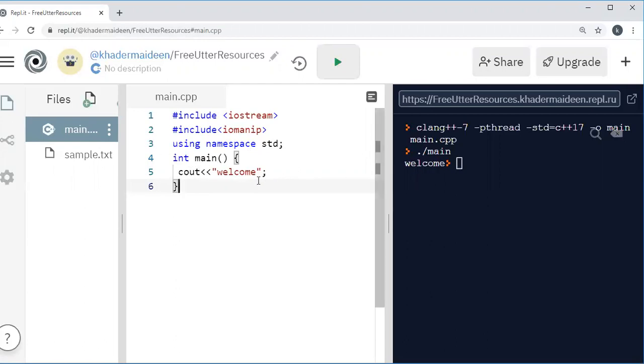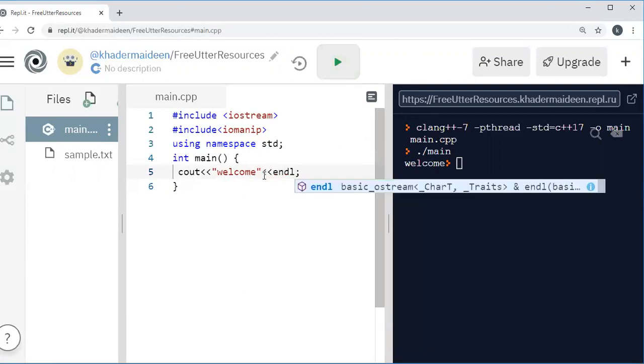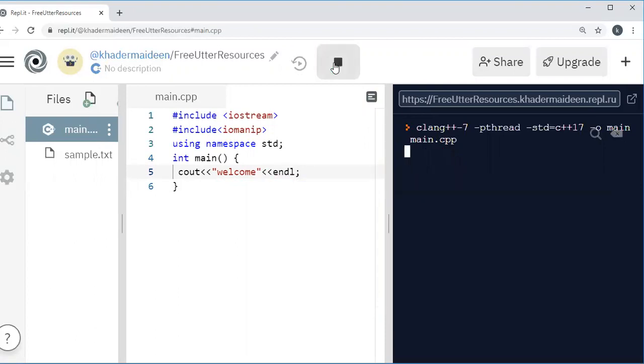Okay. Now, cout, here one message. When we execute this one, a welcome message is displayed. Now I am using the manipulator here. Then execute it. So a new line is displayed. Okay. Suppose that I am not using the manipulator.